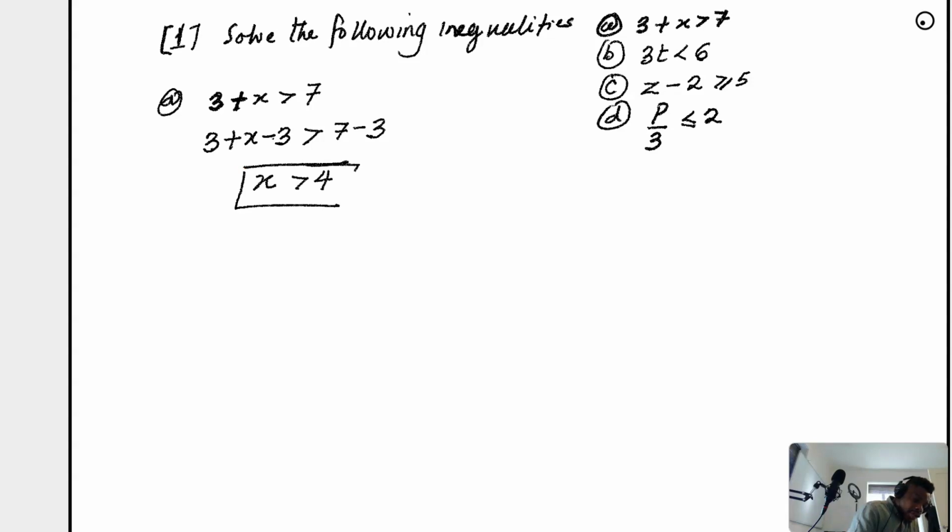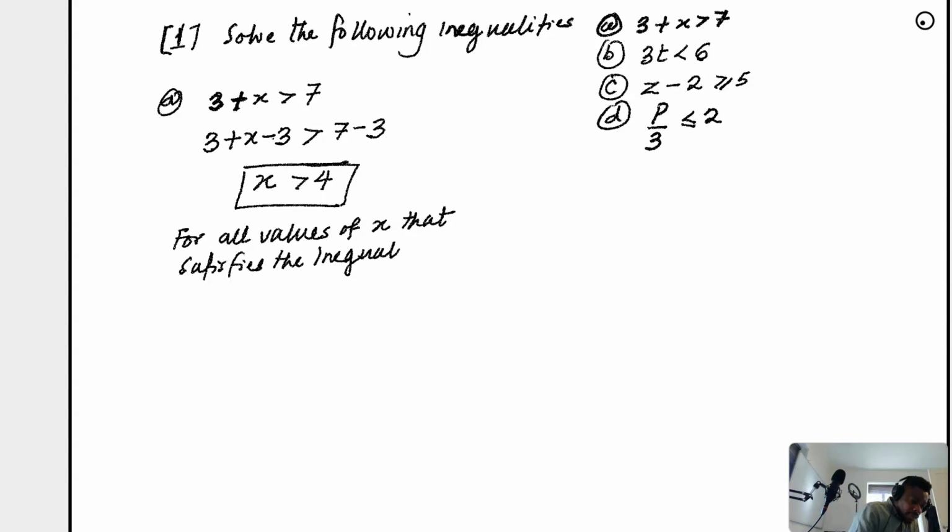The sign is not going to change. Now, what does this mean? This means that x is greater than 4. That means for all values of x that satisfy the inequality. If I say for all values of x that satisfy the inequality, it simply means